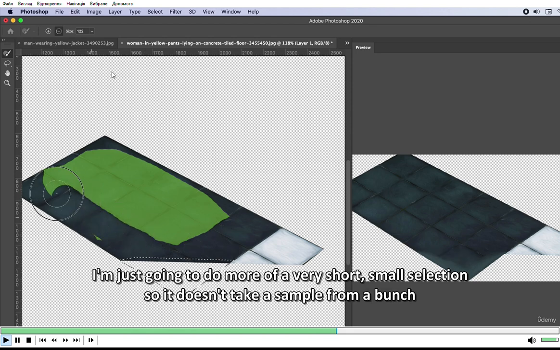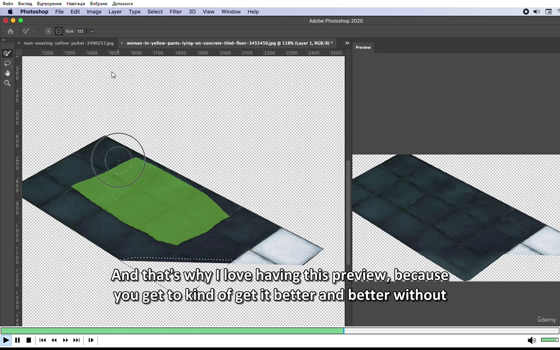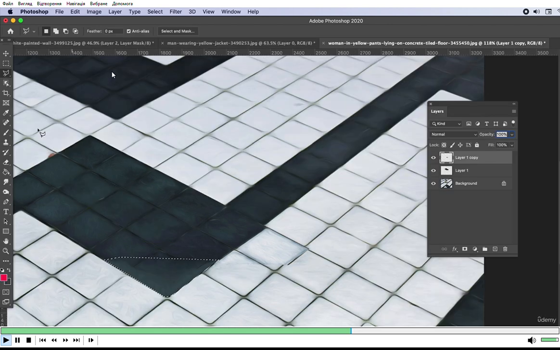I'm just going to do more of a very short, small selection so it doesn't take a sample from a bunch of different stuff. And that's why I love having this preview, because you get to kind of get it better and better without having to go back and forth. So there, it filled it a little bit. Still not perfect,